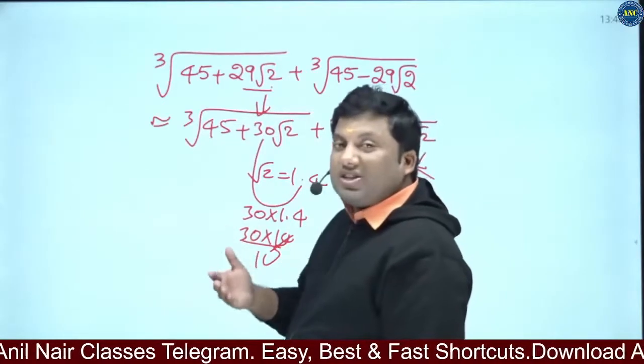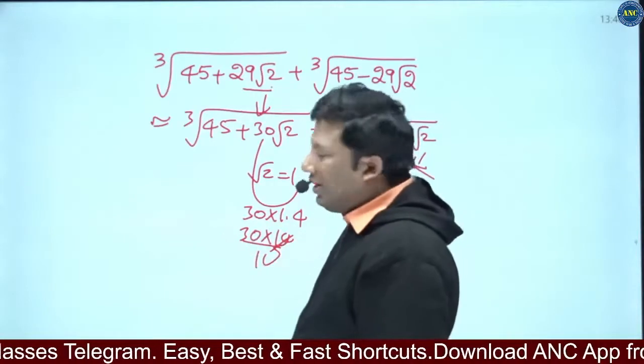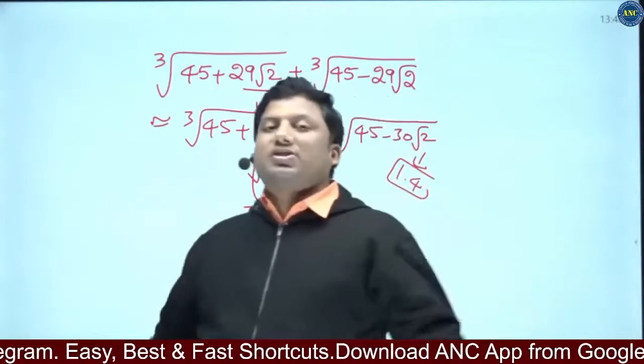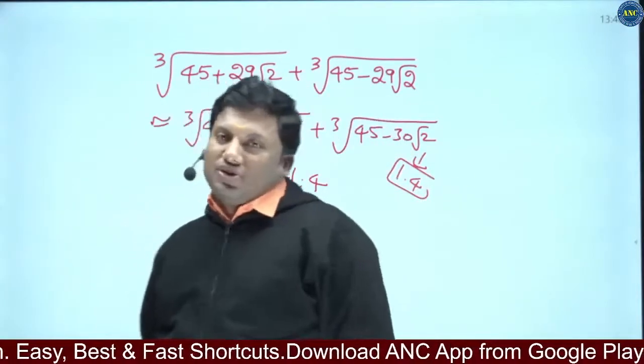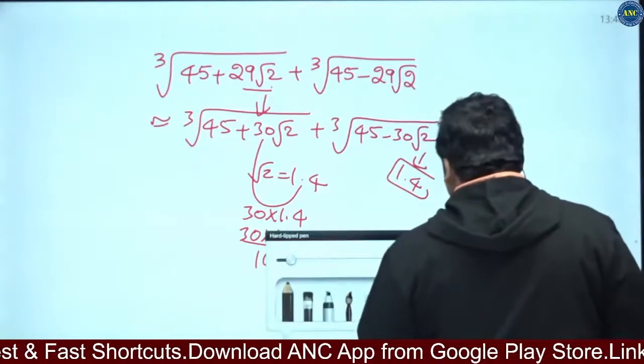The cube root of 87 is what matters. 4 cube is 64, so if any option is less than 4, keep eliminating it. Just by looking at the question, you can eliminate the values if the answer options are very, very far from each other. I hope the idea is clear. For example, to explain this,